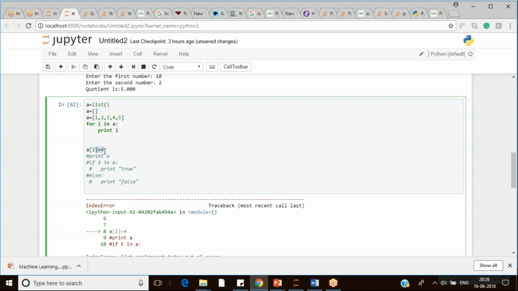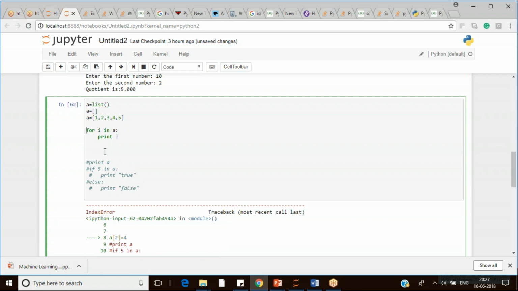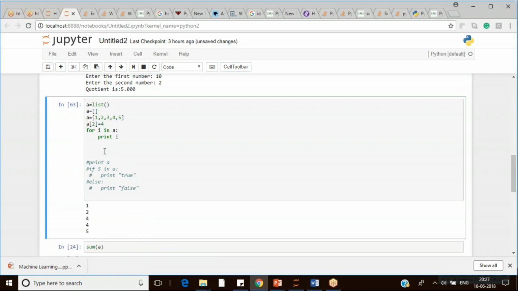If I write it here, 1, 2, 4, 4, 5. Okay, 1, 2, 4, 4, 5, because I made 3, which is at the second index according to Python, 4. So when I iterate over this, 1, 2, 4, 4, 5. Now